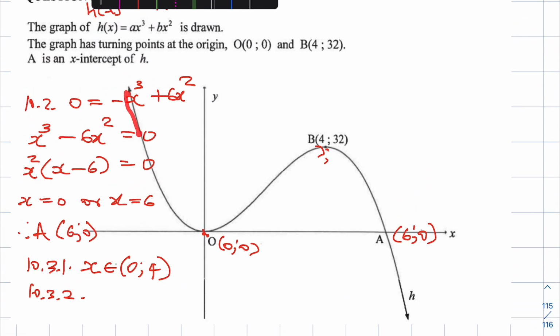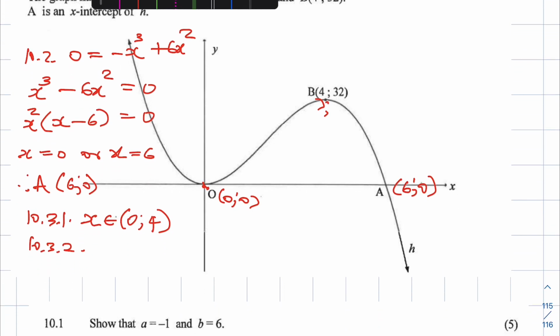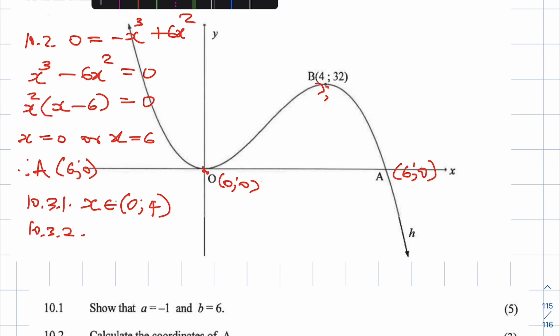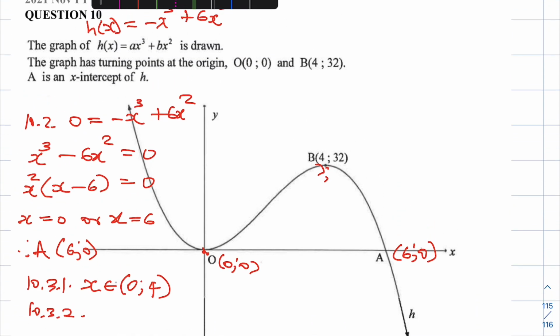We know that this is concave up until you get to this point of inflection. Now from this point of inflection up to infinity is going to be concave down, meaning that we'll have to work out the point of inflection. So the first derivative, let me work it out here,